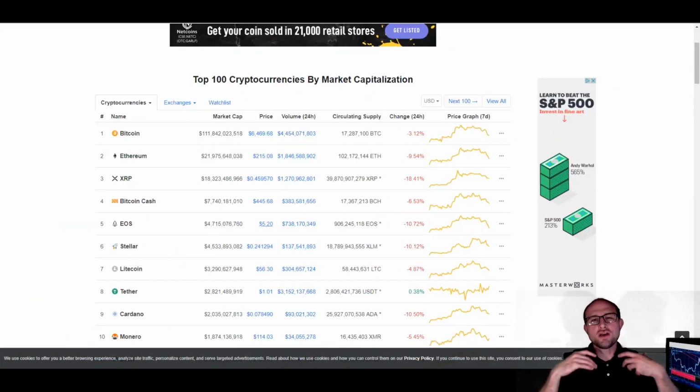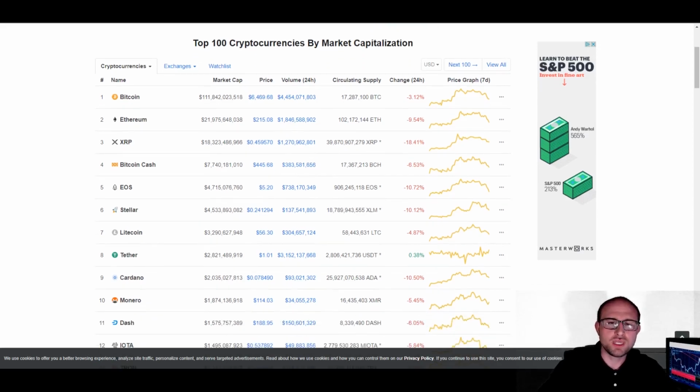All right, we will start off today's wonderful adventure by just looking at CoinMarketCap. And obviously, we can see that the entire market is in a consolidation period for today. We're in a bit of a downtrend. Obviously, XRP is taking the biggest hit at 18% down in the last 24 hours. Ethereum is taking a big knife to the chest at almost 10% down. Bitcoin is only down a measly 3%, which is nothing for Bitcoin. And Stellar is down 10%. So really some big losses for the big competitors to Bitcoin right here.